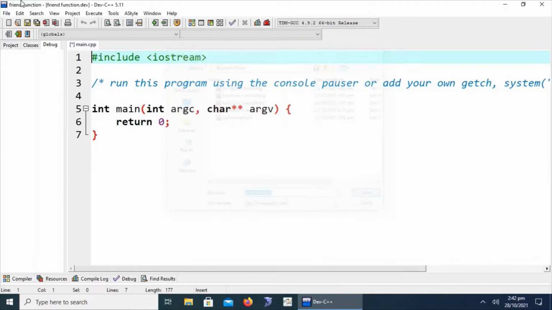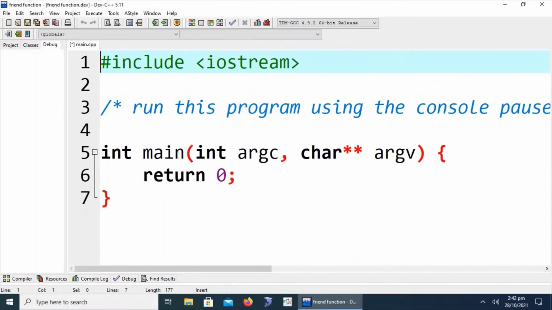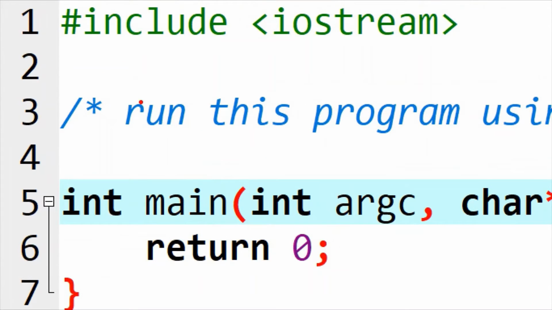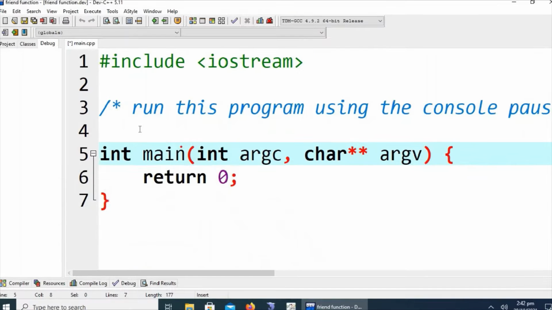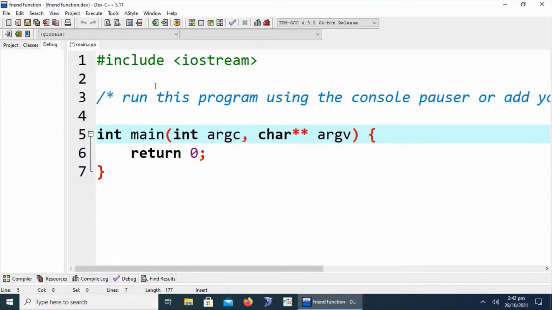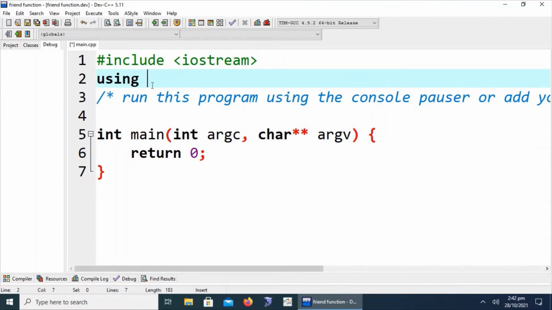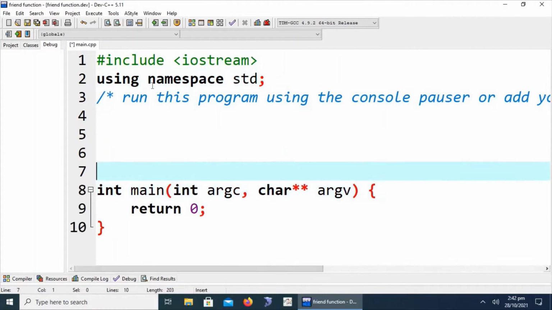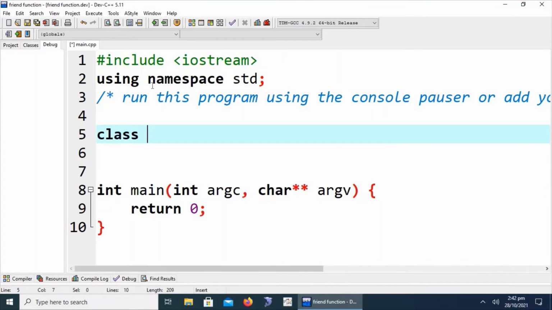We have to save the file of C++. As we can see here, the default line of codes are already written in Dev C++. Okay, so let's start by adding up the line that is necessary for each and every program using the Dev C++. Namespace standard. We have to create here simple class named as such as robot, animal, dog, etc.